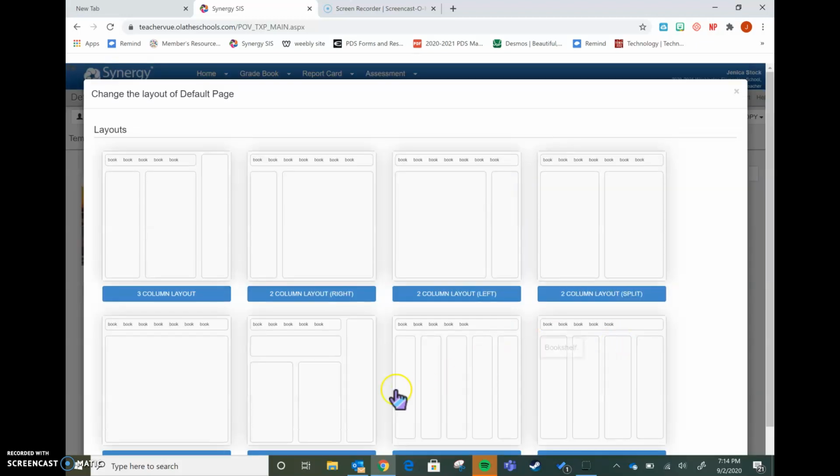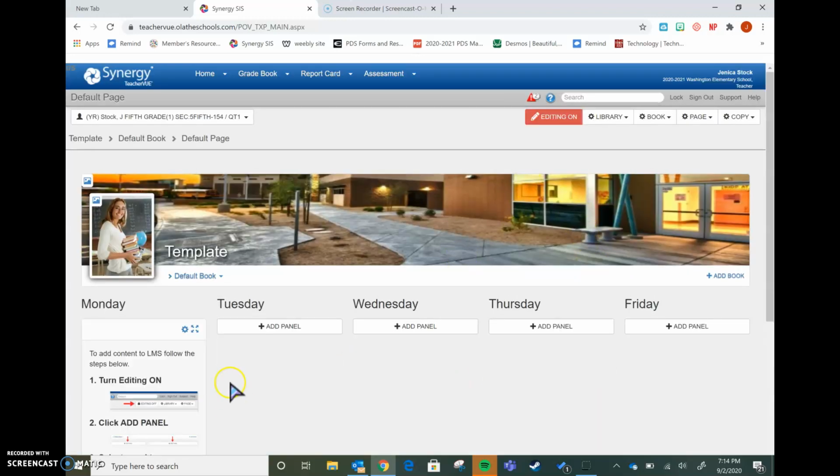So I'm going to change it to the same layout that I want when I'm going to copy this page over into the other LMS. I want it to be in the same layout. You don't need to change the background, the photos. I don't think that matters for this. So once you've created this new library,